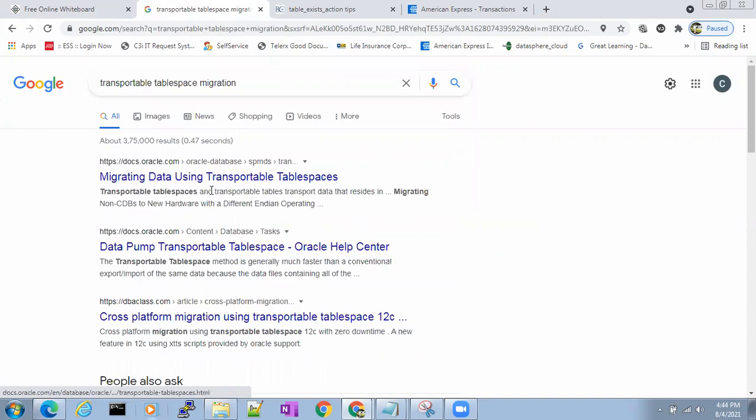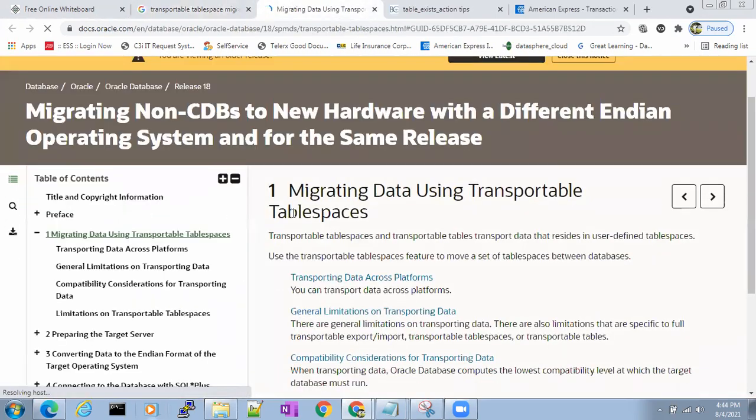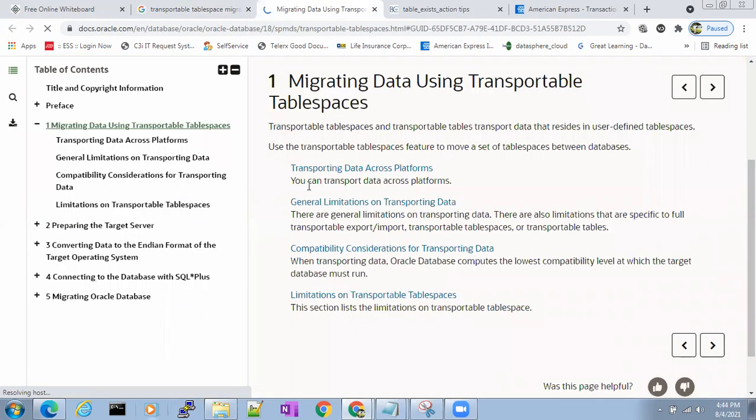So there's something like migrating data from one platform to another. Can you please read this? What is this? You can transport data across platforms. One is the Linux platform, one is the Windows platform, as in the example I have given you.